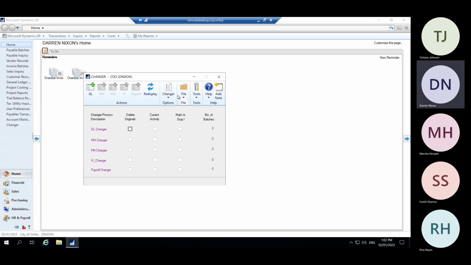So perfect. Now, can I ask you one question before we move from this, though, Rita? I want to get it out of the way before we start. The other parts here that are for sales and for purchasing, payroll, inventory, do we also have access to those ones, or are they additions to just the GL changer? So we would have to still pay for these other sections. You would, but I would be careful, especially with the RM changer. And I'd want to know what you want to change to be able to use that,